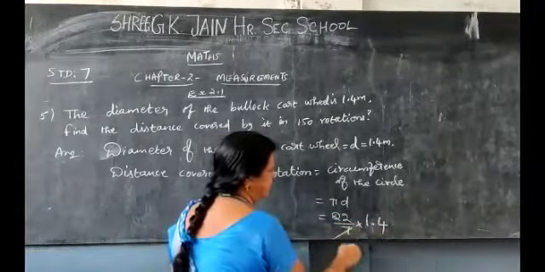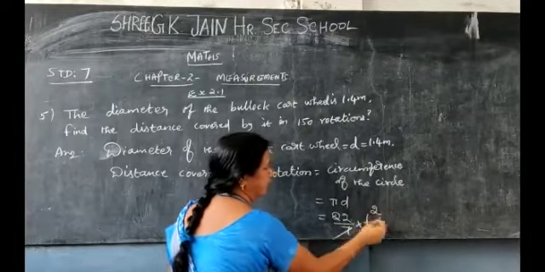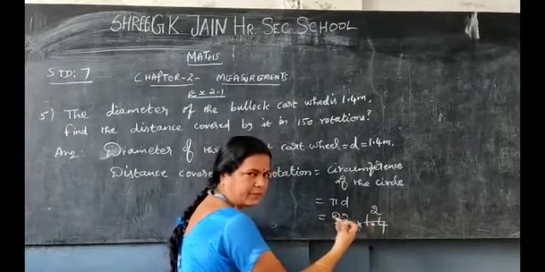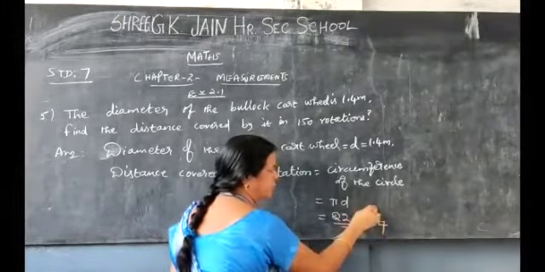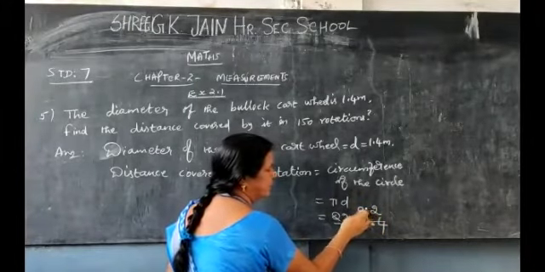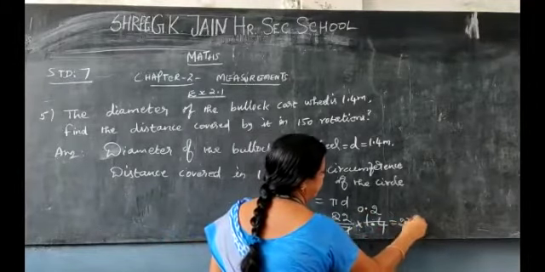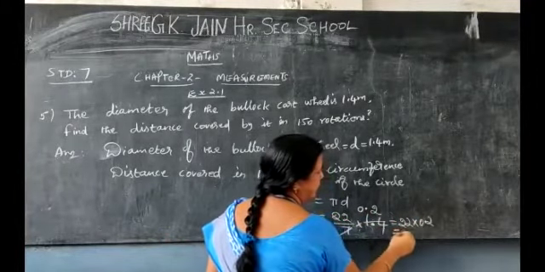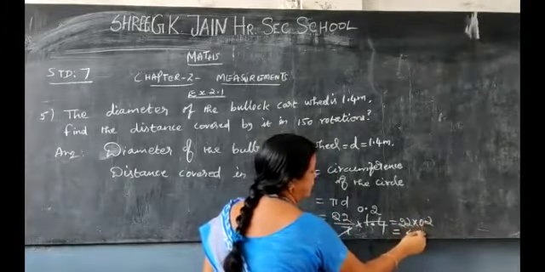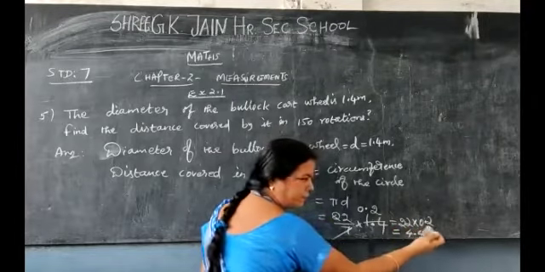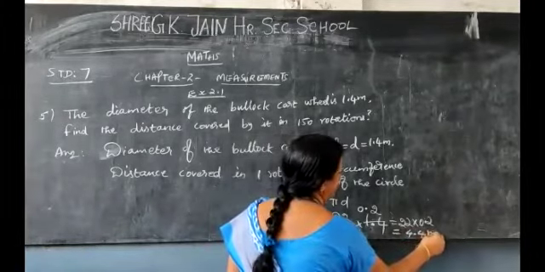Now in the 7 table, 1.4 means that is 14. How many times will it go? 7 twos are 14. But before that, look here: before one place only they kept the point. So before this 2, you are going to keep the point. There is no more number, so you keep that as 0. That is nothing but 22 into 0.2. Then 2 twos are 4, again 2 twos are 4. Keep the point there. Now you are getting 4.4 meter.